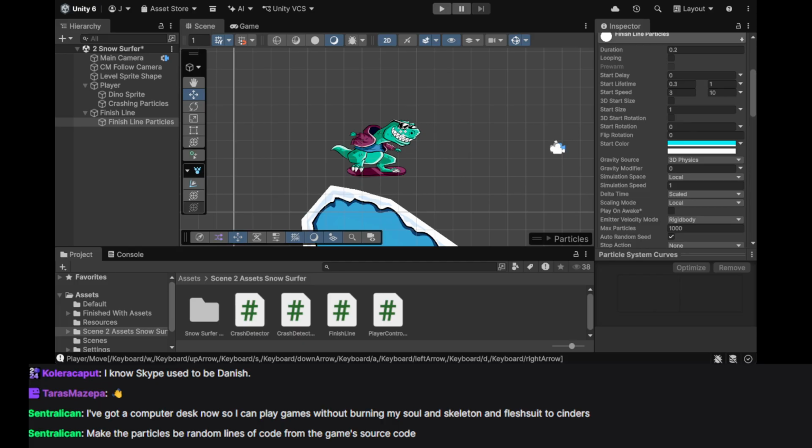Rather than have it be a normal variable type like float or integer, I'm going to make this serialized field a particle system, which I'm going to call finish particles. Now that we have the finish line particles in a variable,